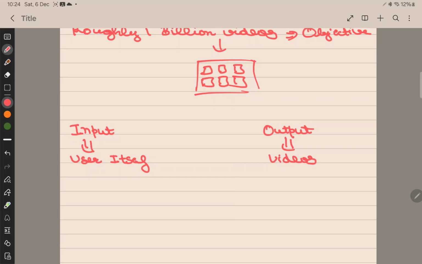Now the videos could be K videos, where K could be 50, 100 or 200, depending on whatever the enterprise you are working for wants it to be. Okay,